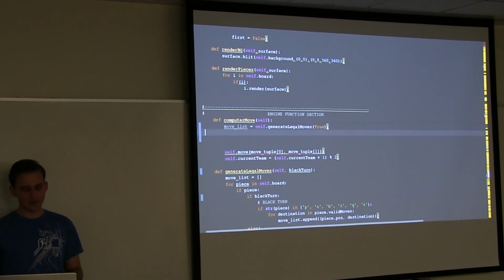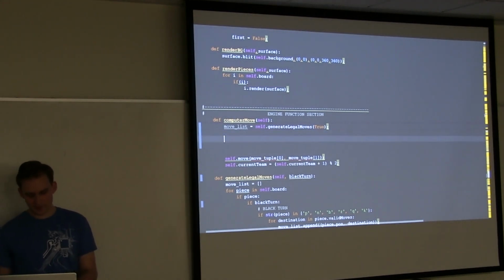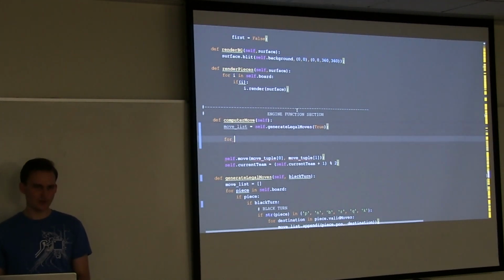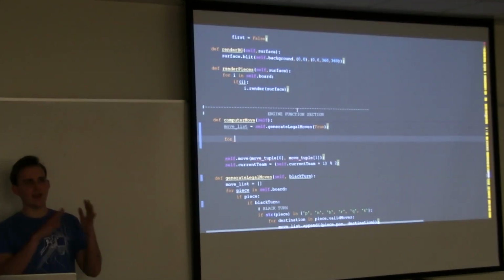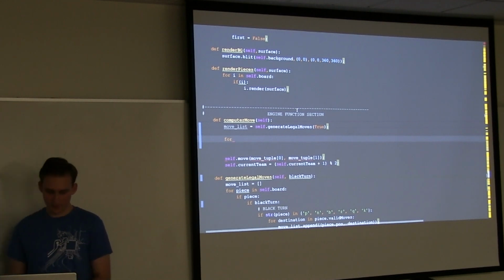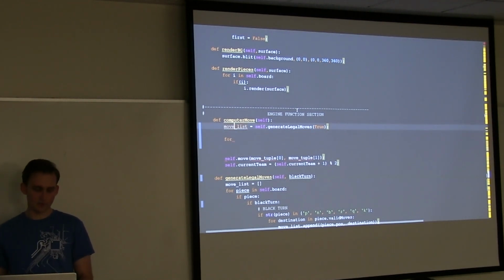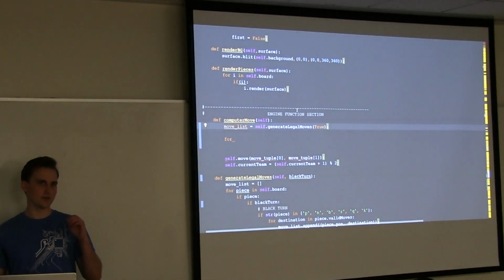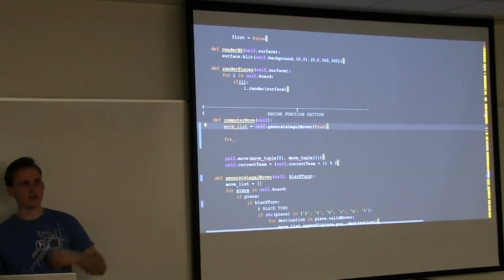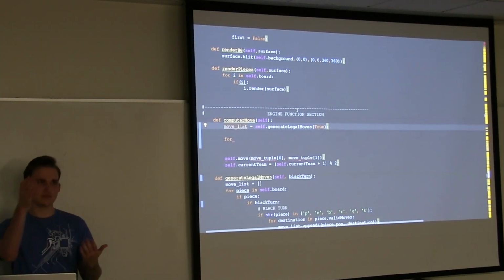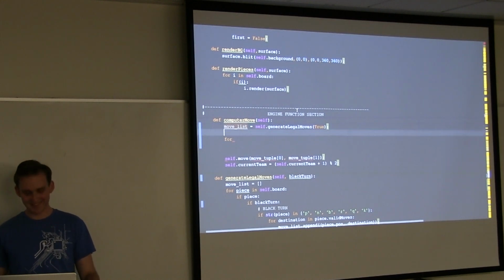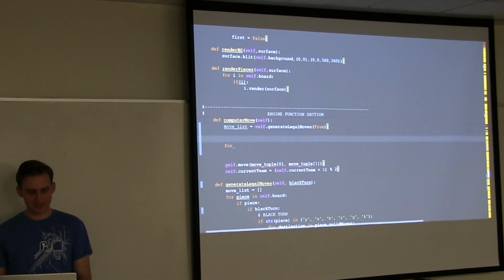Okay. So we've got our full list of available moves, and it makes sense for us to just move through each one of them and act out simulating what they would do. And by the way, if you're wondering what move list actually is, it's a list of tuples which represent moves: move sub 1 is the original position, move sub 2 is the destination. It's like traditional chess format. I'm not explaining it very well, but hopefully everyone understands the idea. It's just position 1, position 2, over and over.